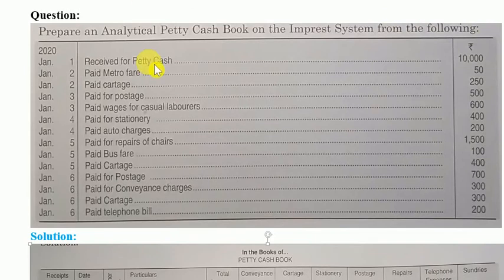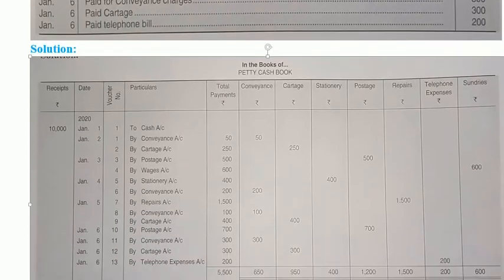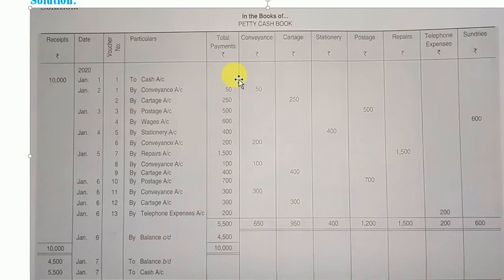Now comes the transaction, that is January 1st, received for petty cash. That means the head cashier provided 10,000 rupees to the petty cashier, and this is how we record the entry in the petty cash book. You can see here the format of the petty cash book, and here we record To cash account, January 1st, 10,000 rupees. This is the column of voucher number, and we record the voucher number here. And now proceed towards another transaction,